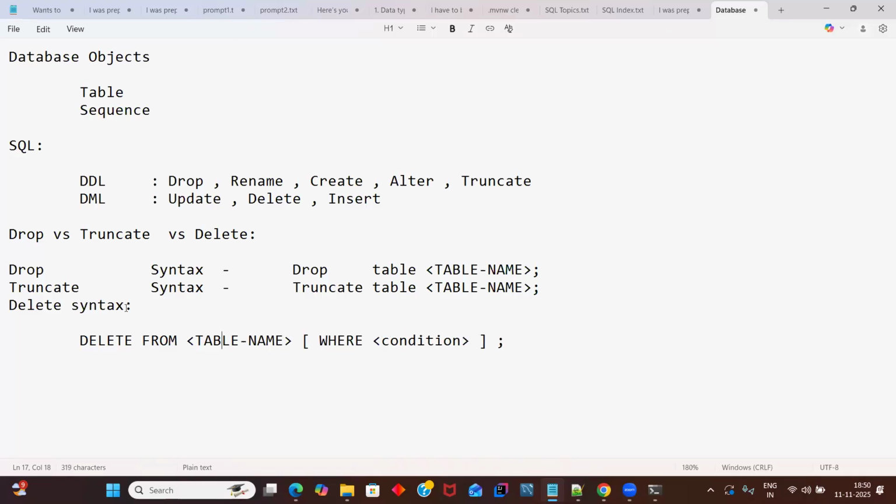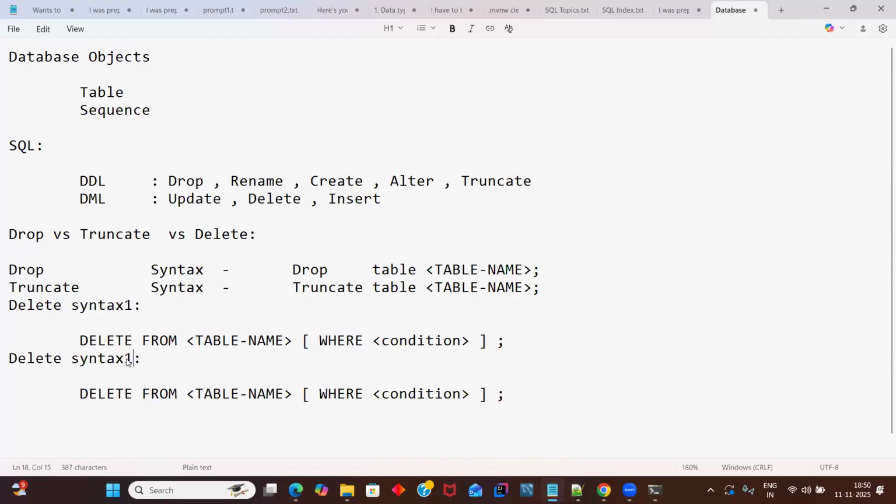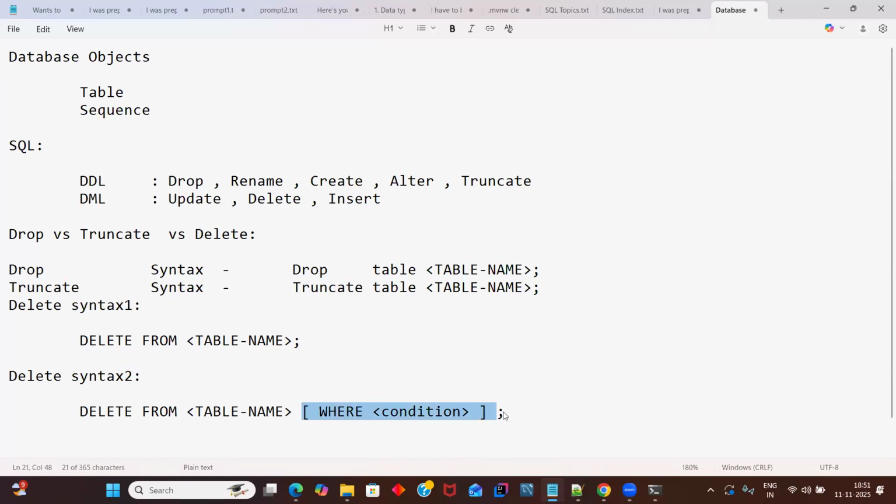Okay, so it means you can consider the syntax two ways now. Syntax one is this one, guys. This is the syntax one you can consider, because I just separated this. This is syntax one, guys. The syntax one is almost